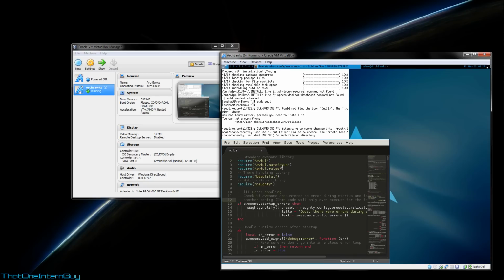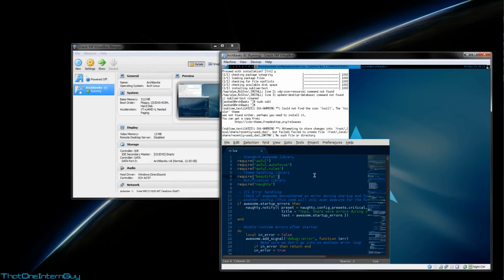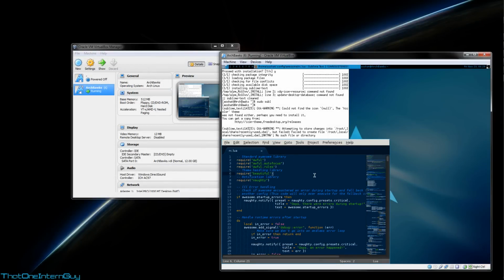I'm going to change the color scheme here by going to preferences, color scheme, and I'm going to change it to Cobalt. That's my favorite, but feel free to browse these and come back when you're done. You can also change the text size by holding Control and either plus or minus. We can now mouse over to that ugly Xterm window